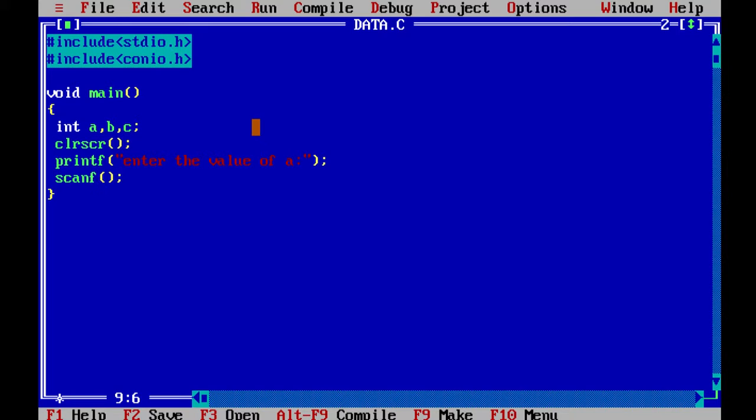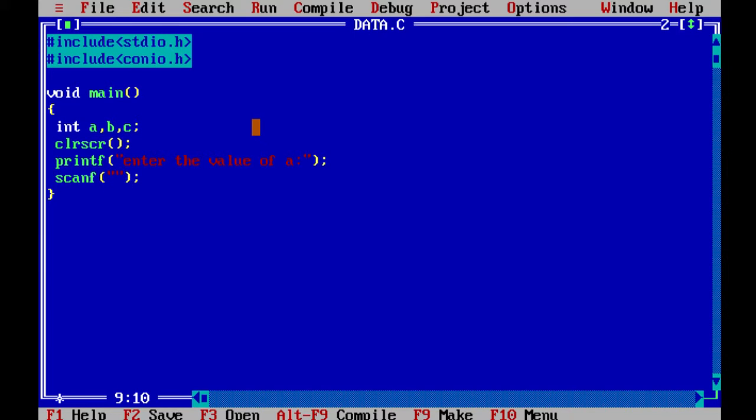F stands for function. That means whatever value the user is giving should be read by your system. For that reason, we are giving this scanf, that scans the value of a,